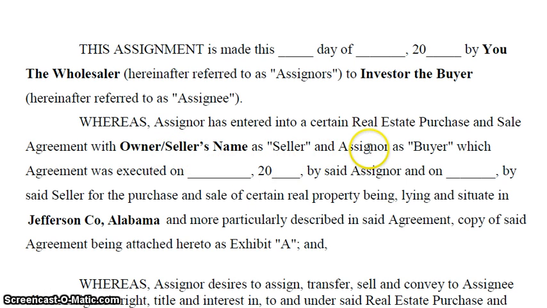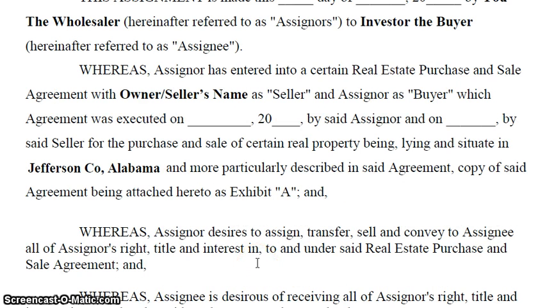As seller and assignor as buyer, that's you, which agreement was executed. So that's the executed date, when you and the seller executed your contract. That's contract A, or contract number 1. You put the date there, by the assignor on same date, and said seller, certain property being, all right,